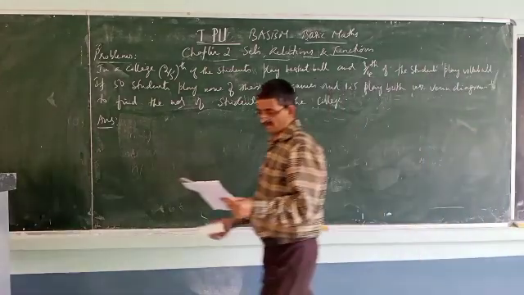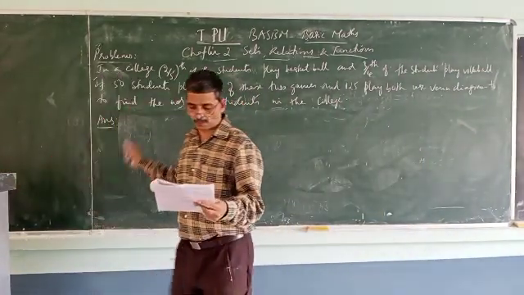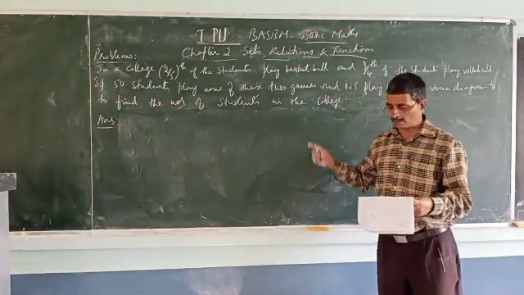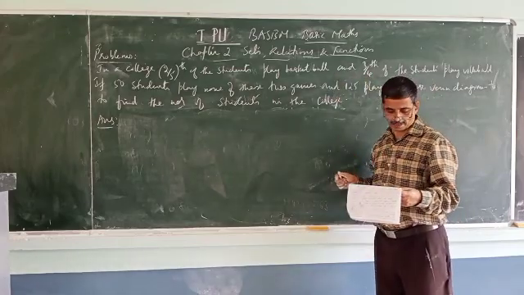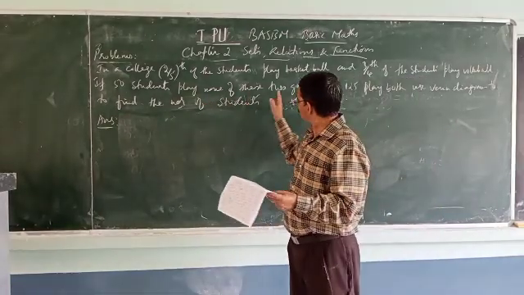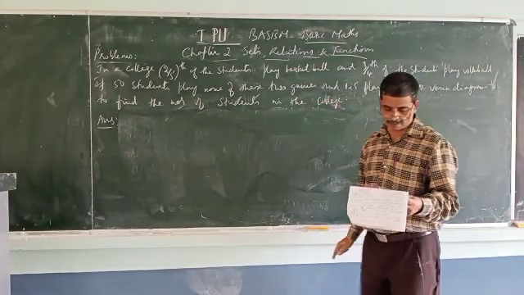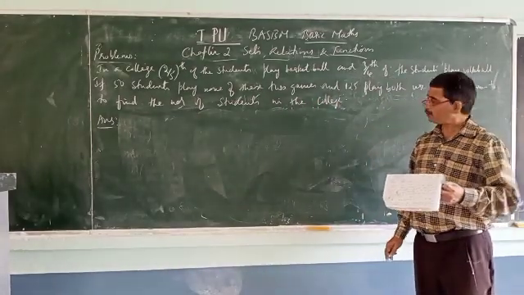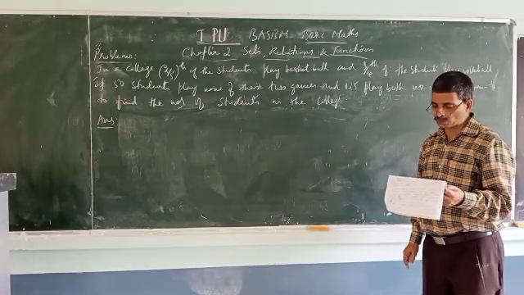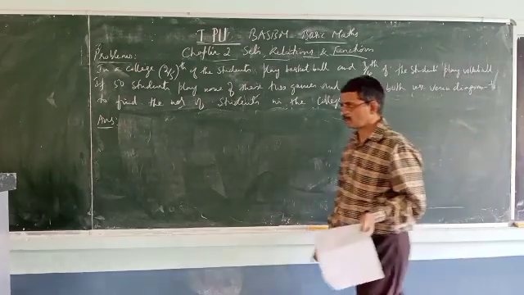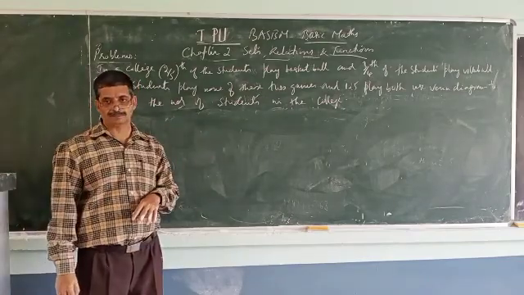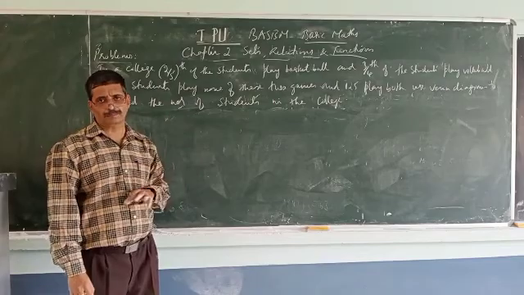Let me read the question again. In a college, 2/5 of the students play basketball and 3/4 of the students play volleyball. If 50 students play none of these two games, and 125 play both. Use Venn diagram to find the number of students in the college. The Venn diagram you can always draw later. Actually they are specifying use Venn diagram to find, but simultaneously we will do it.